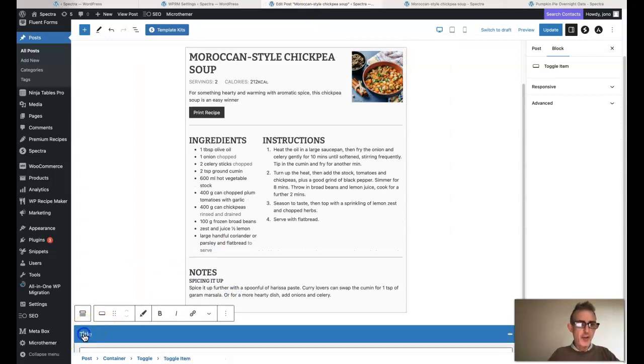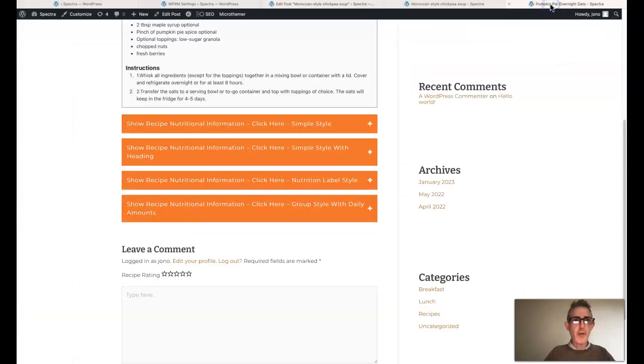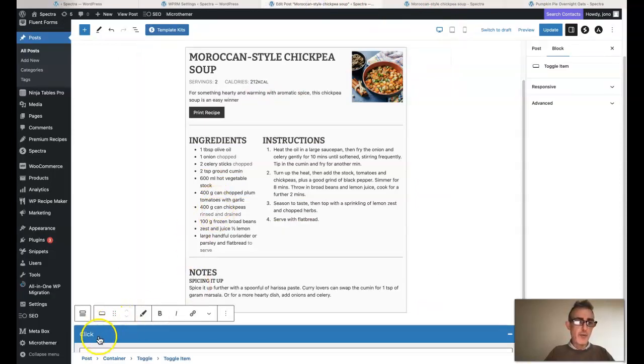up the top, and just click on the title there, Control A, delete it, and then put in whatever you want here with the text. I have on the other side, what do I have? Show nutritional information, click here. So whatever you want for your audience, click. It's a bit finicky, folks, to get in there. But of course, folks, I'm on a 16-inch MacBook Pro as well. I don't have a big screen, so it might be easier for you guys. So click here for